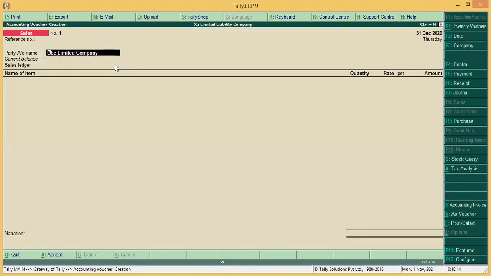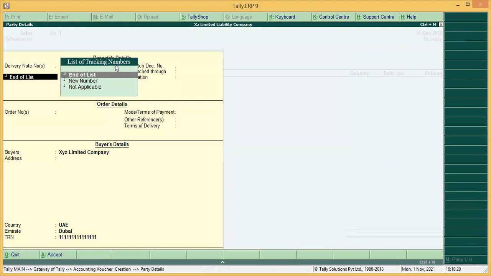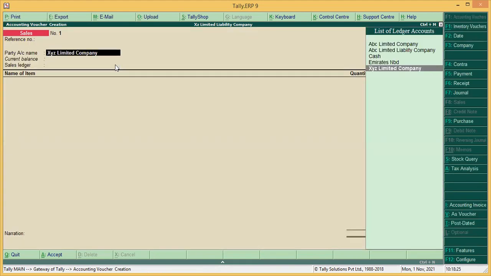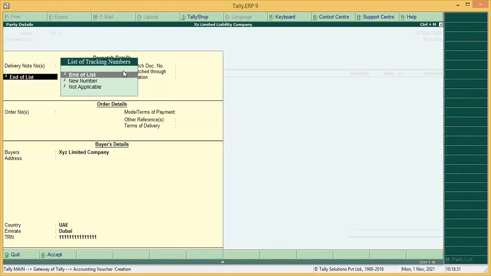So in order to create the invoice, what you simply have to do is select the debtor, which should be your customer. So let us check here one more time. I will press Control Enter. See, this is our debtor. So we selected the party here. Delivery note number will come first. In case you created the delivery note before, you will select the same delivery note number and all the items you selected in the delivery note will start to show.